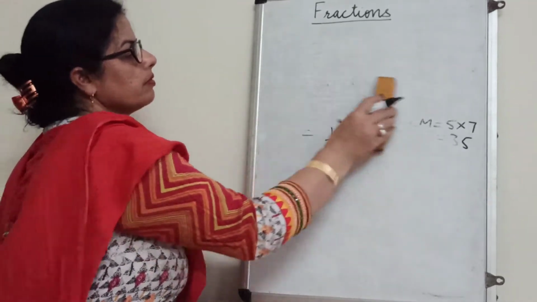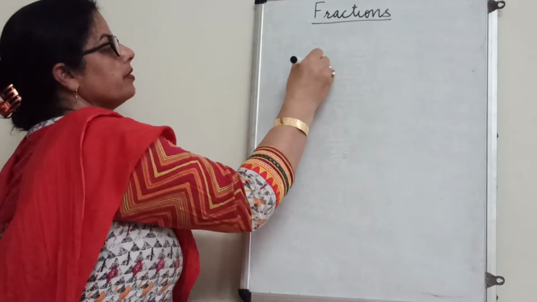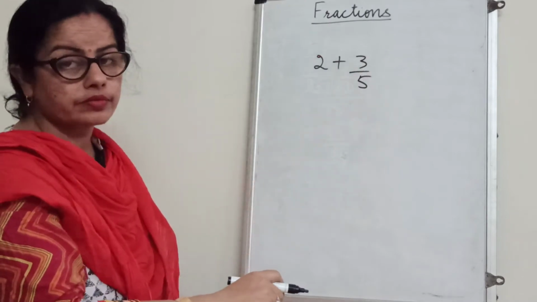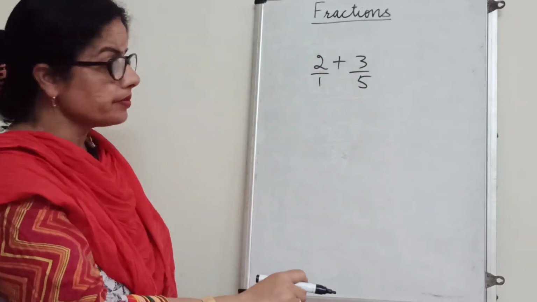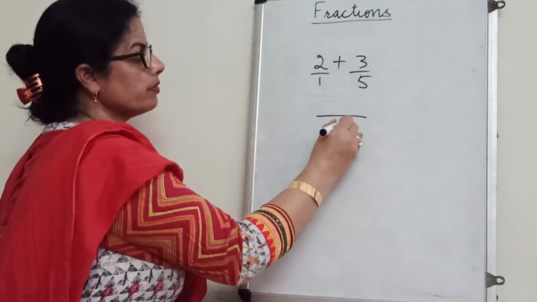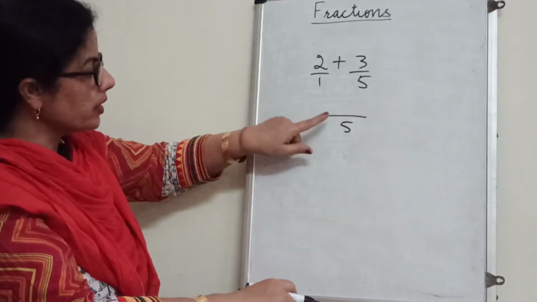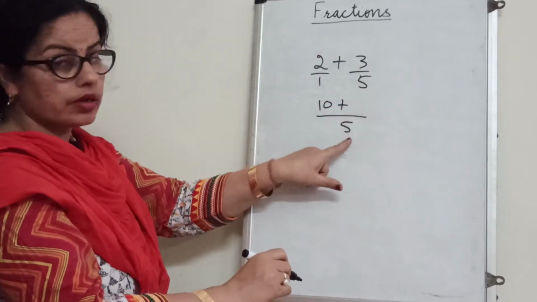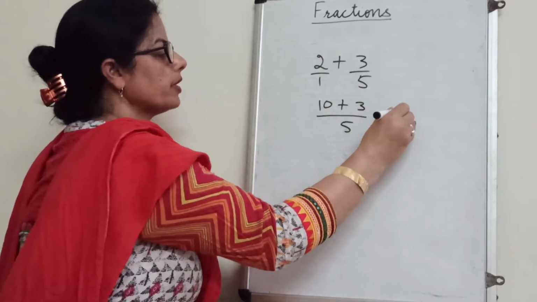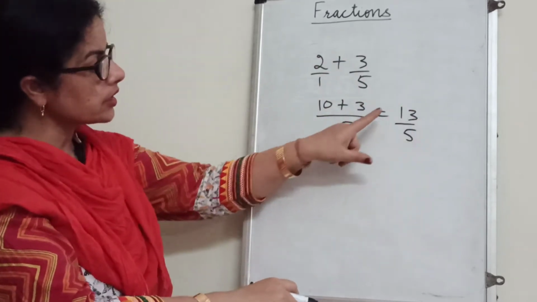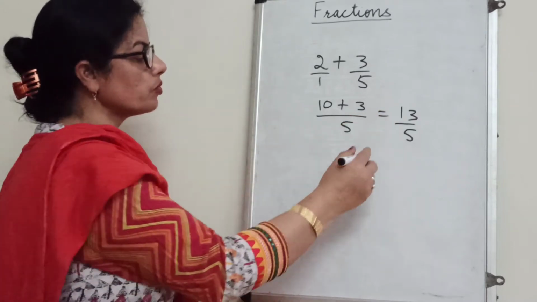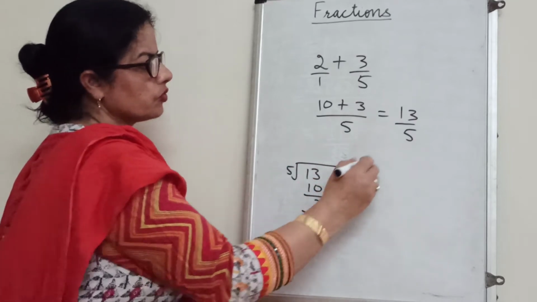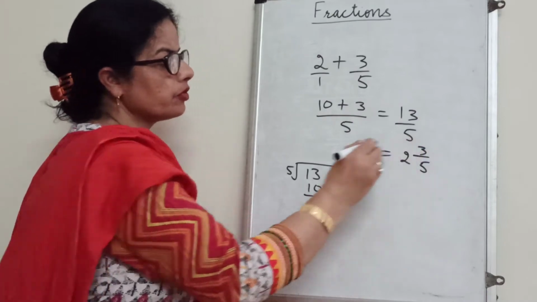Now suppose 1 is a whole number and the other is a fraction. Now how will we add this? Here no denominator means 1, and the LCM of 1 and 5 is 5. In the table of 1, 5 comes at 5. 5 2s are 10. In the table of 5, 5 comes at 1. 1 3s are 3. So what will come? 13/5. Now it is an improper fraction, so we have to write it as a mixed numeral. You can divide 13/5. 5 2s are 10. So what will come? 2 and 3/5. This will be the answer.